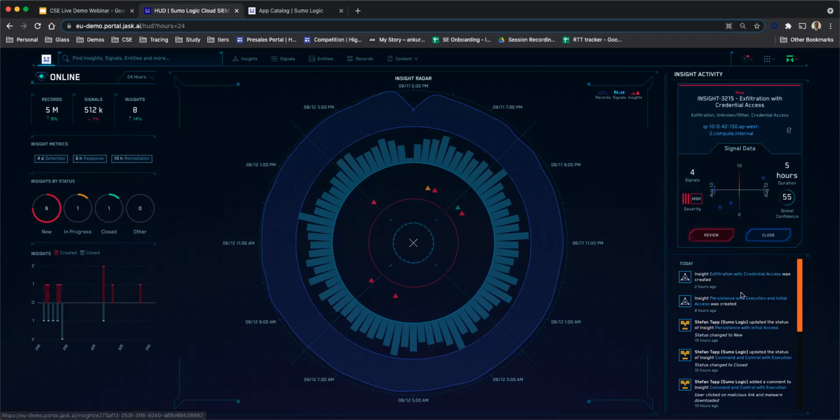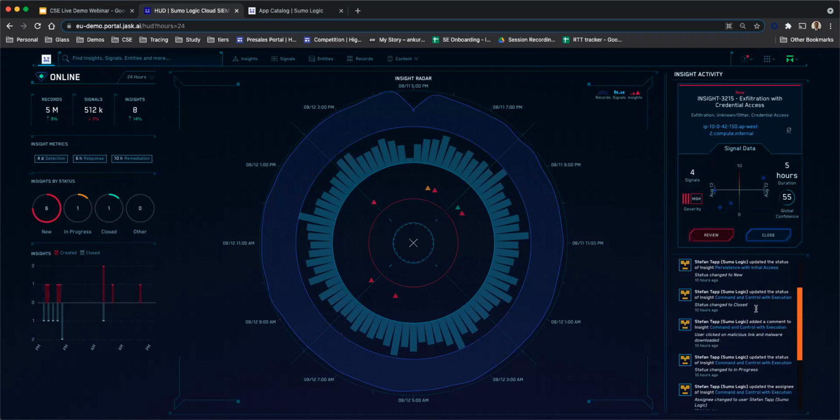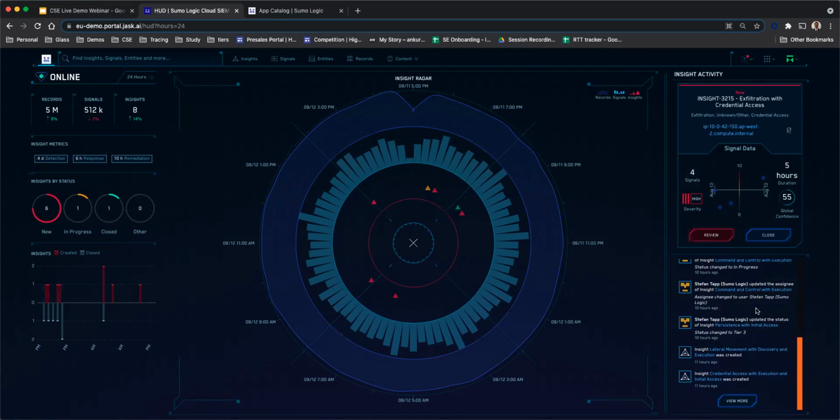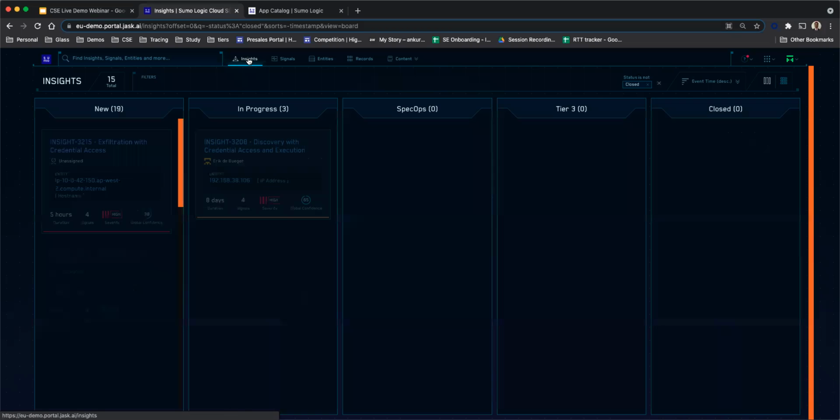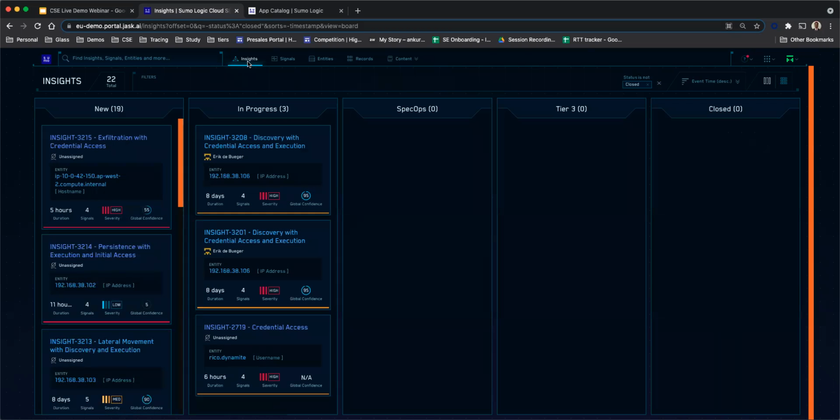And below this, you can see the various activities which are actually happening in the platform, like some cases being handled by the analyst, any tickets being assigned, new insights getting generated, etc. So having seen this, let us get into the insights to see how it makes a significant difference to us. So here we are going into the insights view.